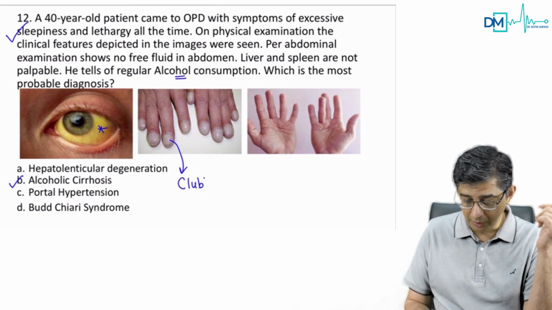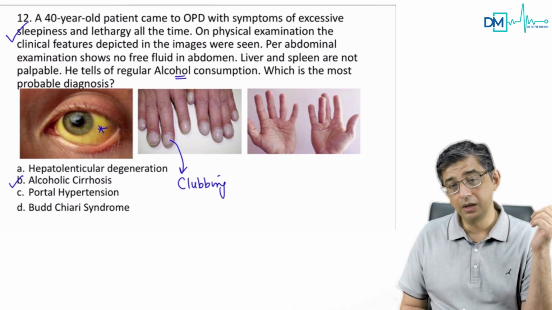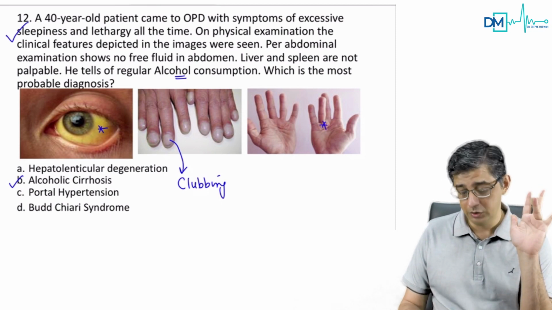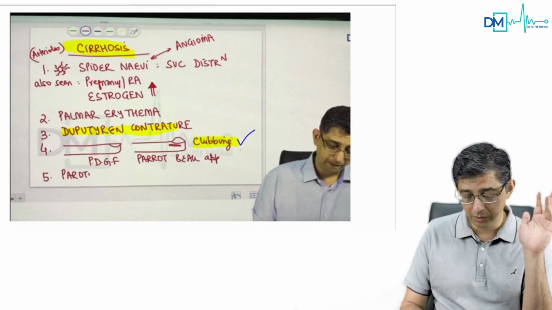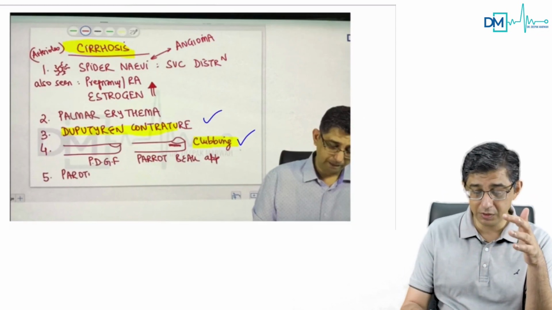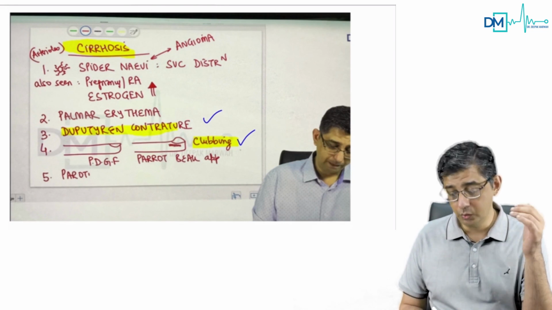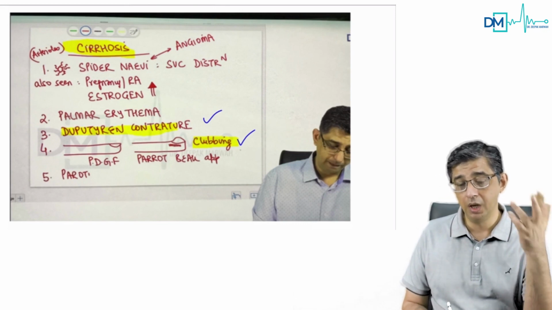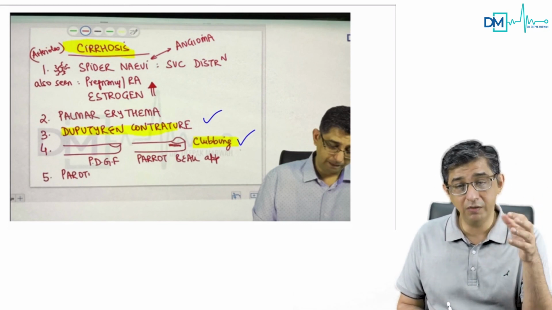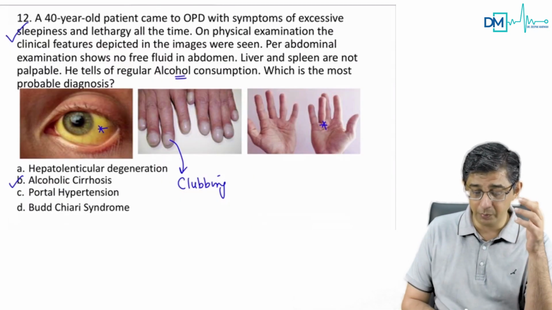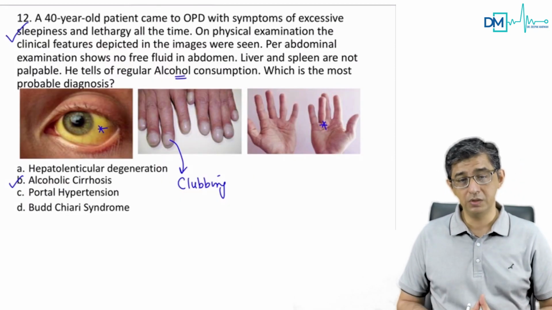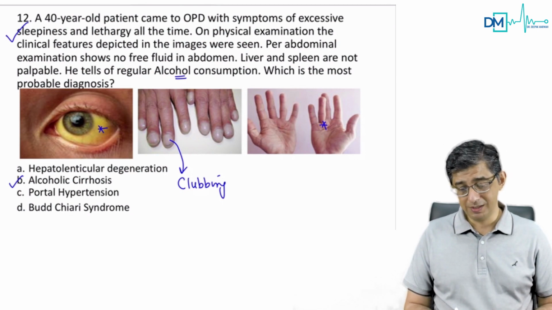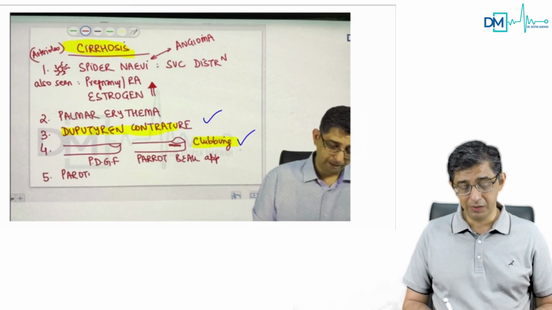You can see the parrot beak appearance of the nails which is present. At the same time, you can also notice a very particular contracture in the ring finger. This contracture in the ring finger is called Dupuytren's contracture. I've discussed these manifestations of cirrhosis in the liver component. So you get compensated cirrhosis, you get decompensated cirrhosis, but the moment jaundice starts coming, the moment you start having varices, you start having caput medusae, it means that the person has gone into decompensation. So this is a straightforward case of alcoholic cirrhosis. For the remaining options, I'll be discussing in the main app a more detailed discussion of this question.